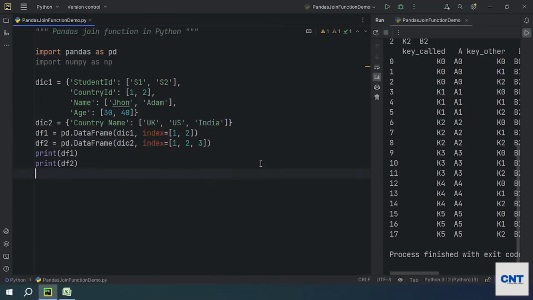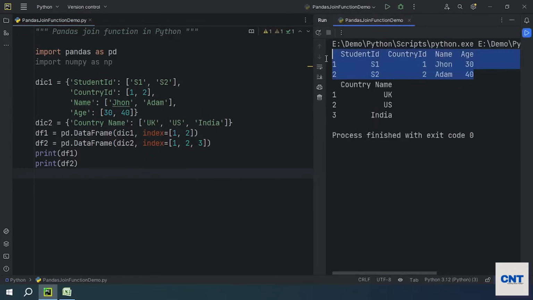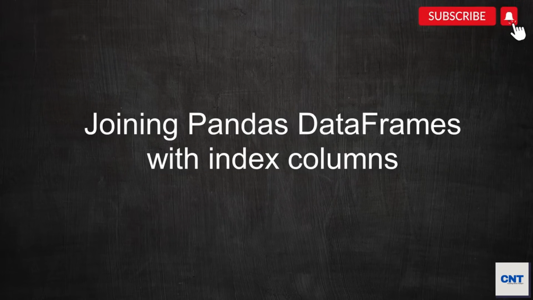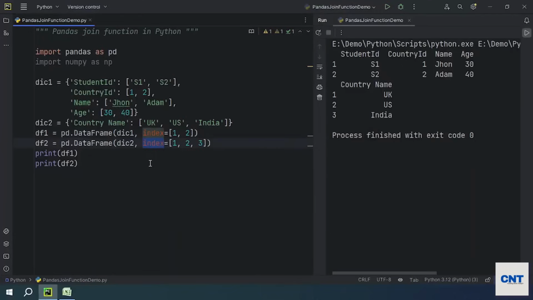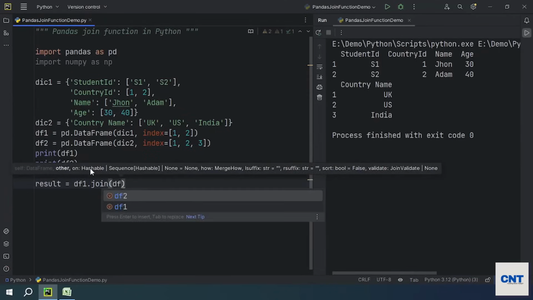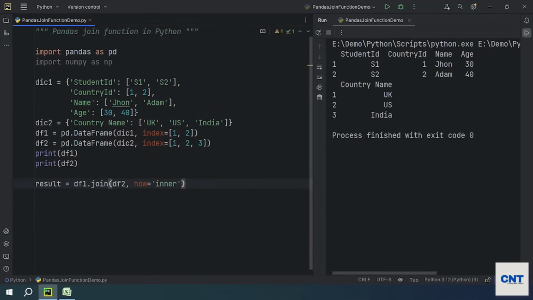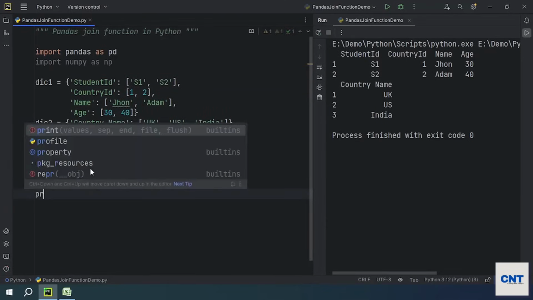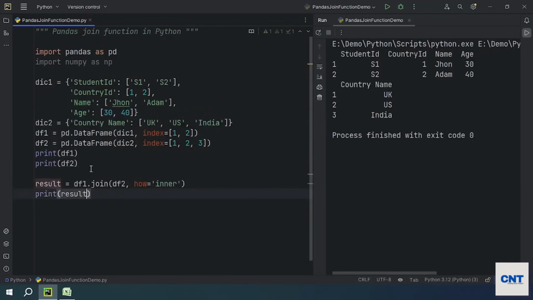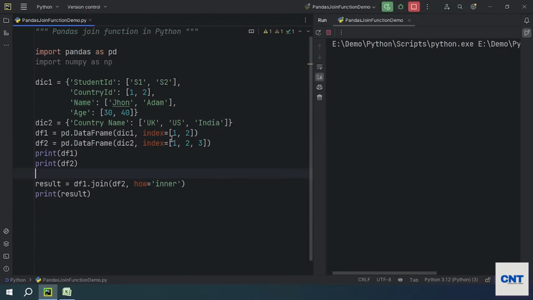If you run the program, you will see both the data frames. We have two records, and in the country data frame we have three records. Now my point is to show you how to join two data frames with the help of index. Data frame 1, then join, and then data frame 2, df2. In the how parameter we can pass inner, meaning give me the results which are matched from both the data frames. If you print result, you will see only one record,